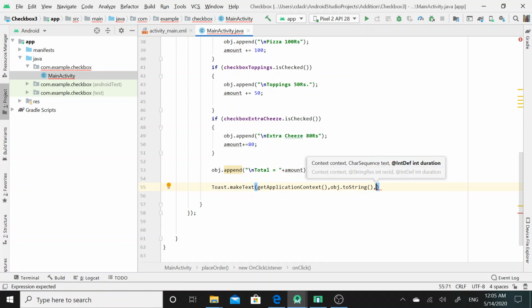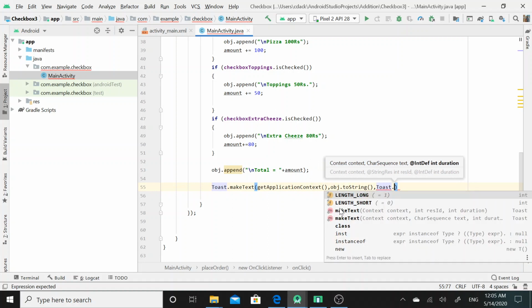And finally I need to fix a certain amount of time for the toast message. To do that, again I will call the Toast class. I would select the LENGTH_LONG field.